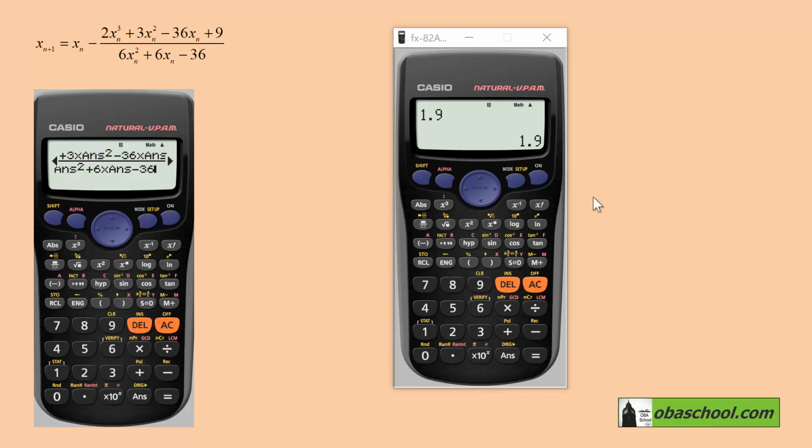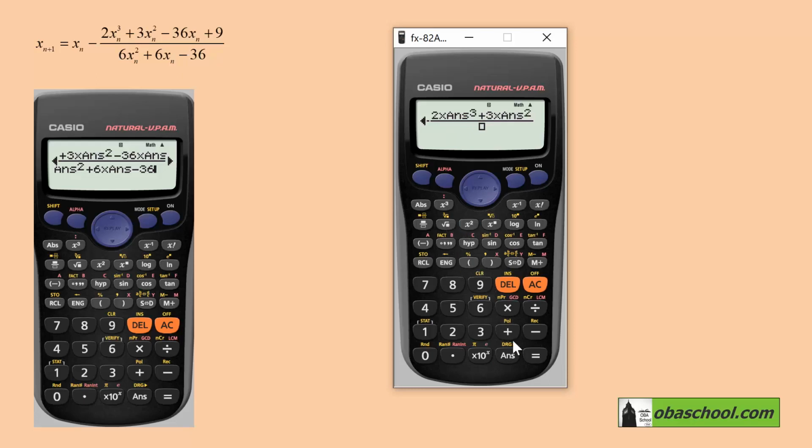So what we can do is put in the formula, and we'll say answer, take away, use a fraction template, 2 times answer cubed